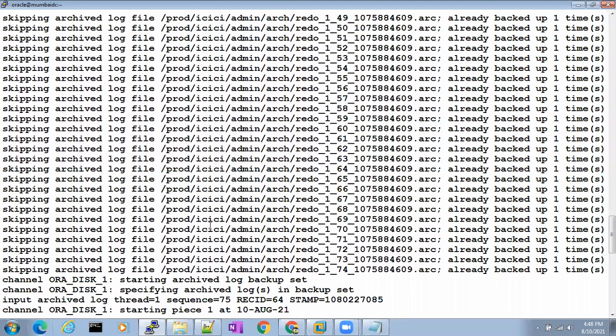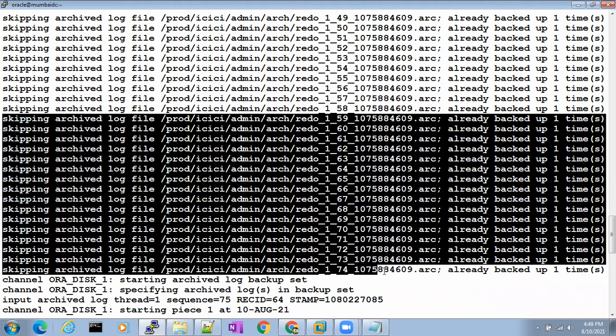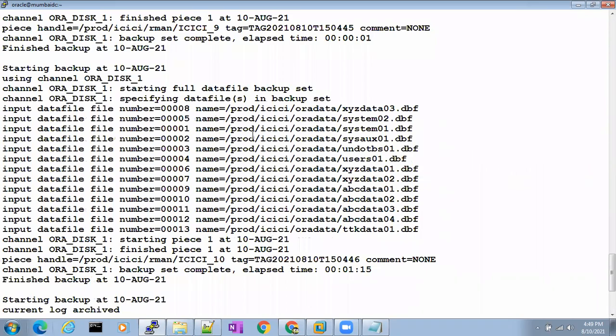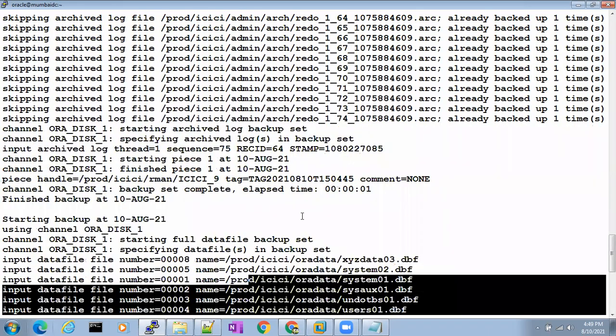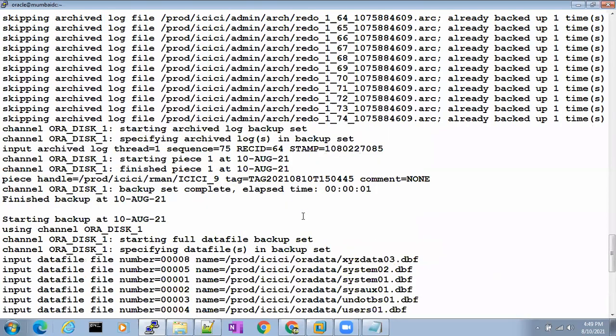So my question is, how does RMAN know that an archive log backup already exists and it can skip it and take only the remaining backup? Because optimization is on. That is why we have kept optimization on. And there is one more importance of optimization on. I'll tell you now. This will be very interesting.